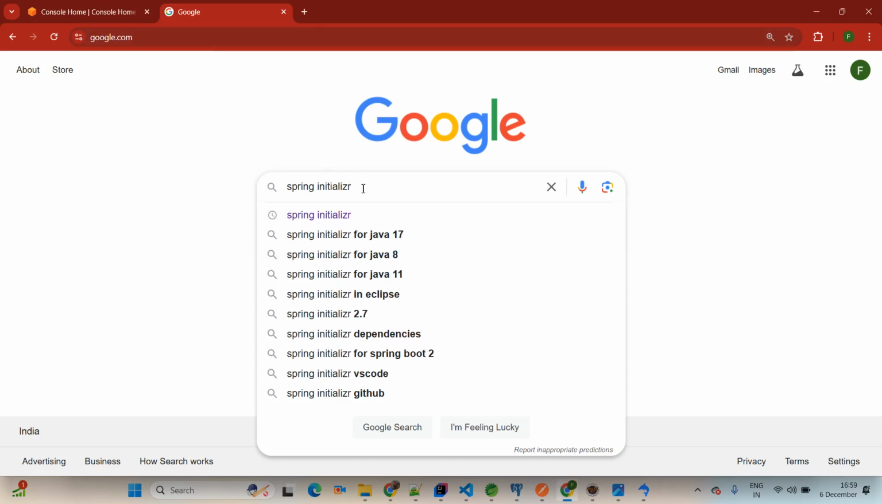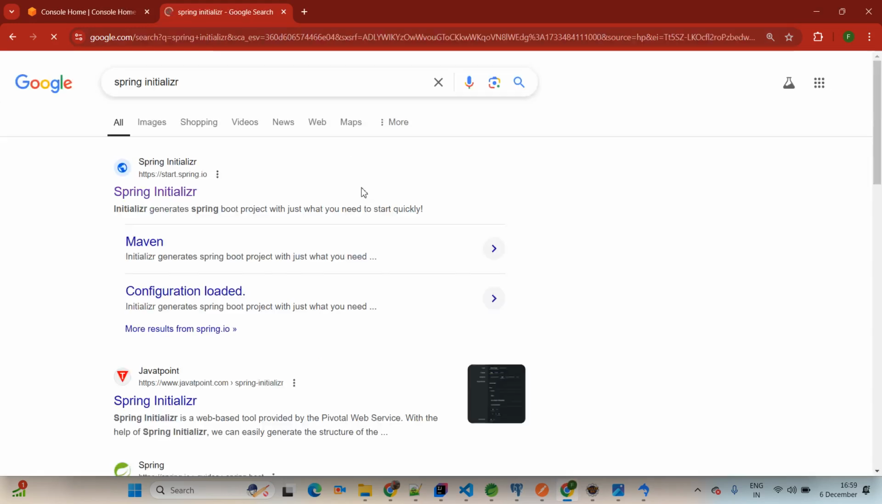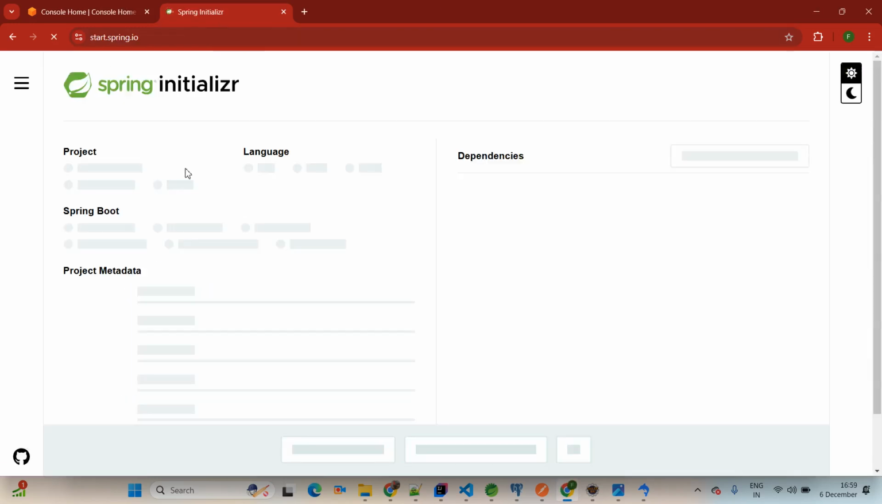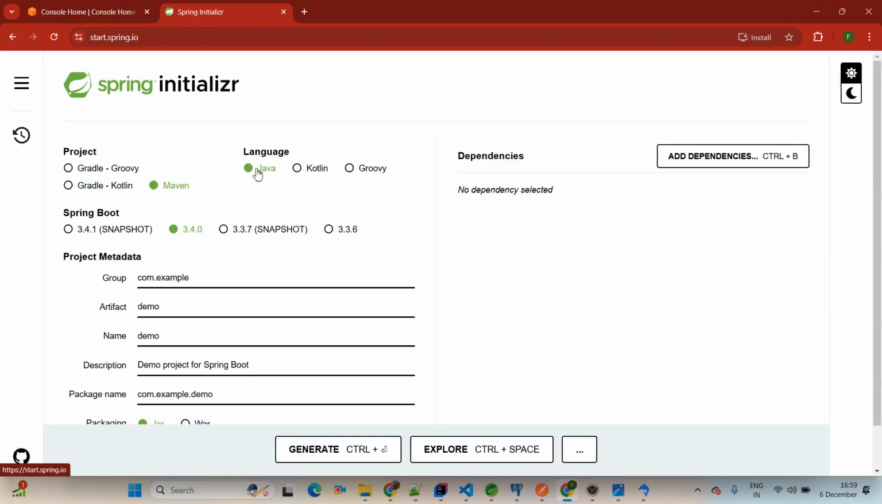Then come to the Chrome browser and type Spring Initializr. Project as Maven, language as Java, Spring Boot latest version. We are using 3.4.0. Here we are giving project information. The package I am giving here is com.fullstack. Then artifact, it means our application name. I'm giving the application name as